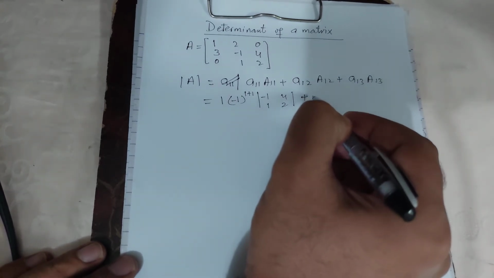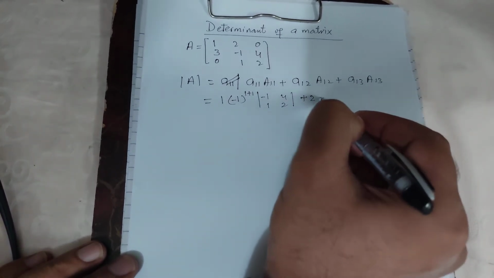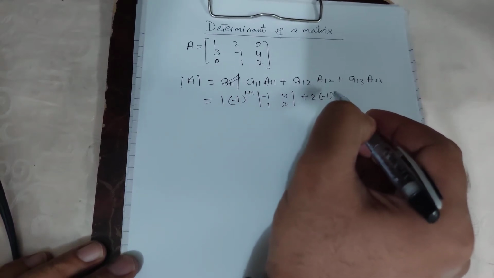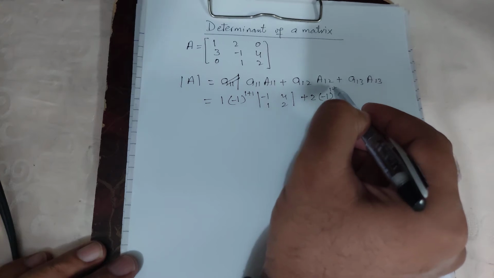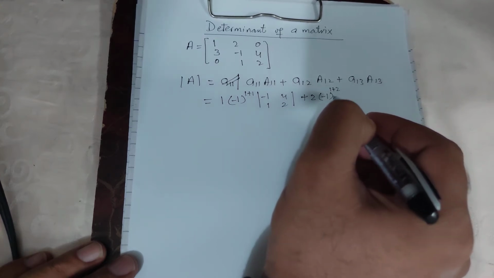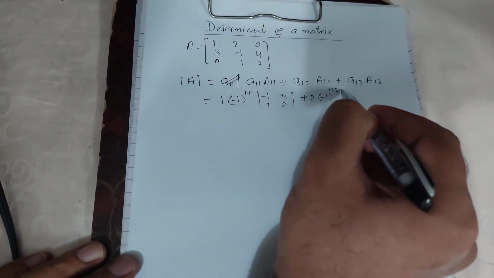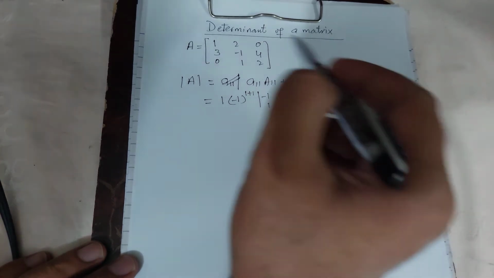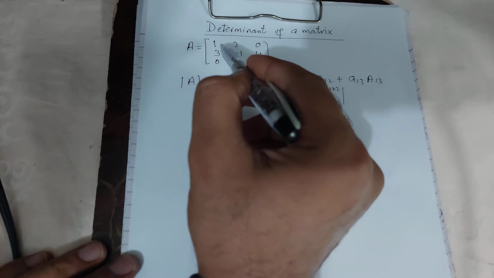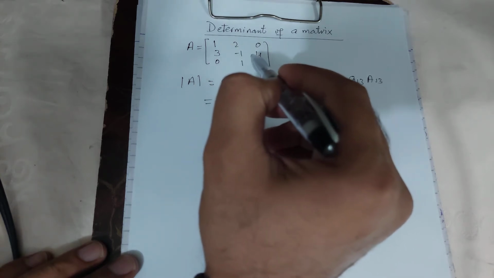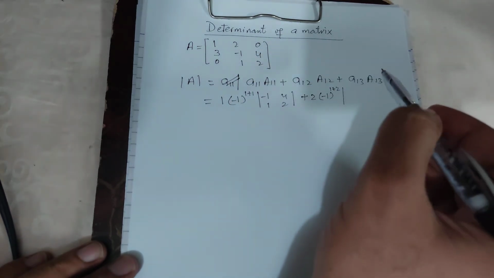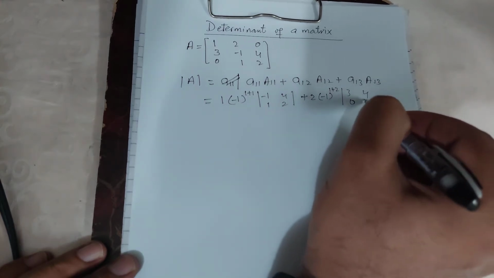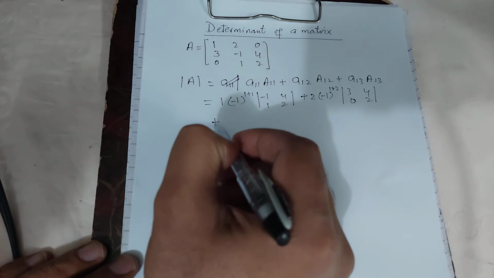For the second element 2, the cofactor of the second element is, again, we have to write the position of the second element in the power, which is 1 2. So we will write 1 plus 2 in the power of minus 1, and the cofactor of this element is, we have to remove the column and row of the element of which we are going to find the cofactor, right? So it's 3 0 and 4 2. For the third element